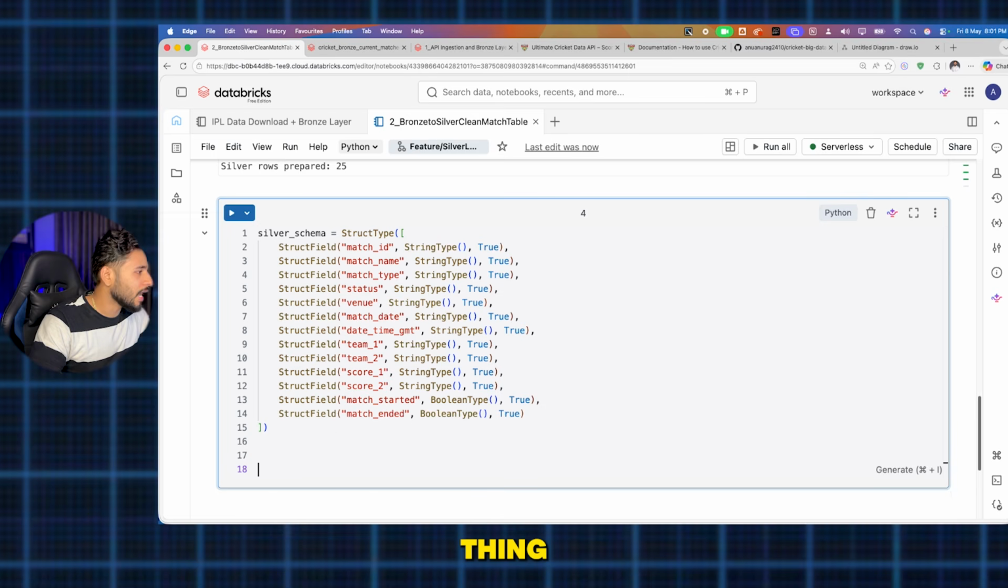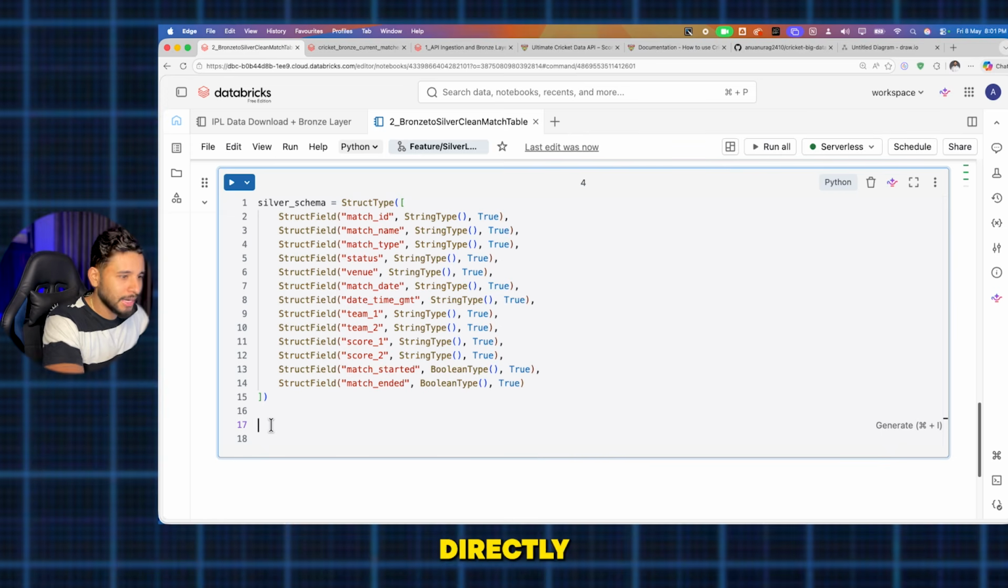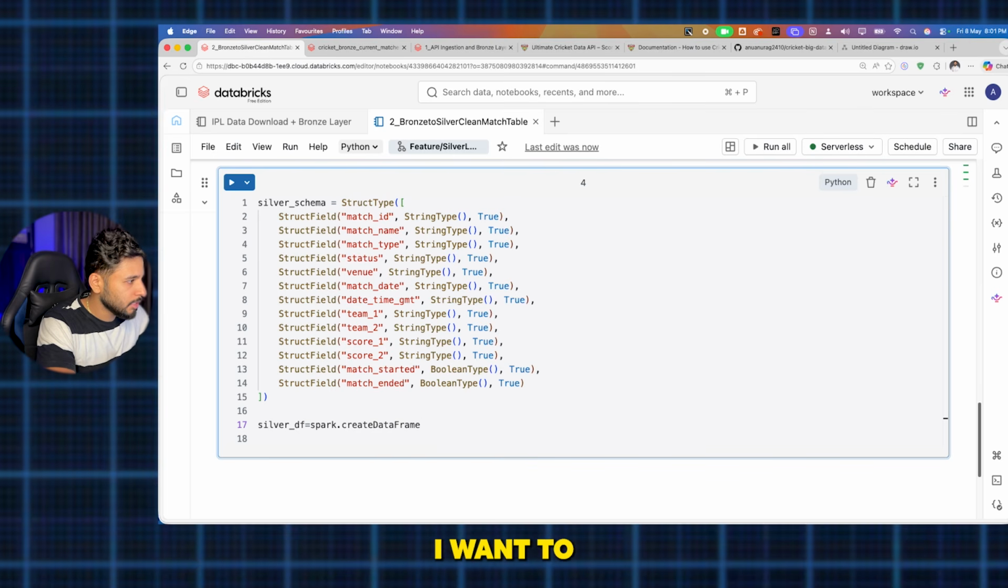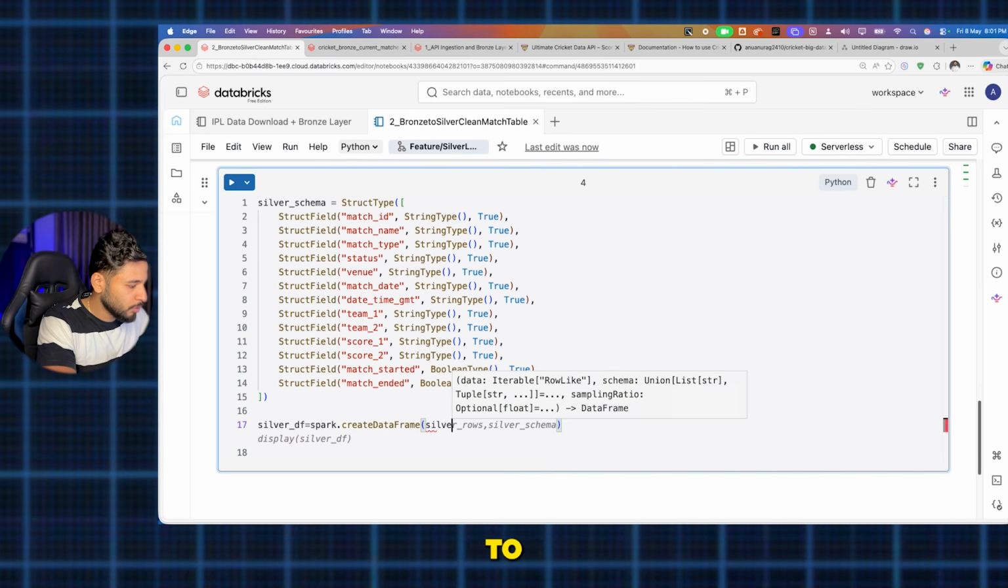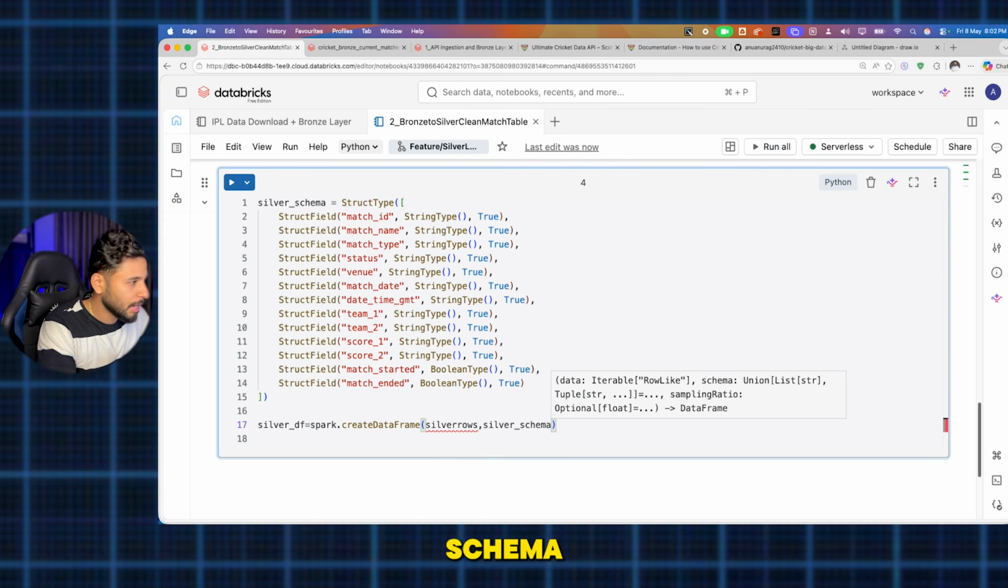Okay, so next thing, after creating a schema, I want to also push my data frame. I need to create my data frame from the list and also display that. So I'll be doing that. I'll not directly write it. I'll say silver_df, I am creating my data frame. spark.createDataFrame. I want to pass silver rows, silver_rows into this. It looks good. And silver schema I want to pass, and what I want to do, I will be doing